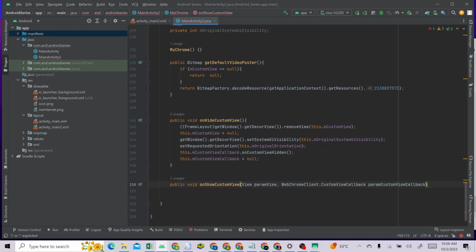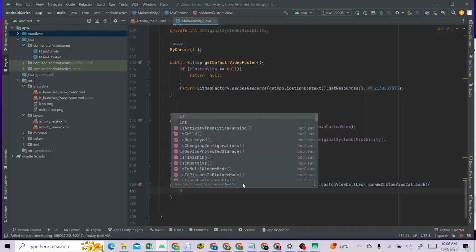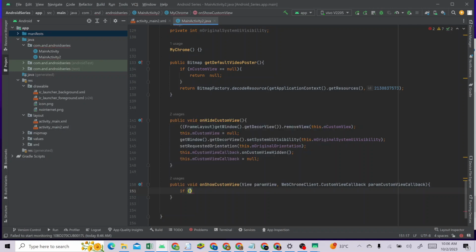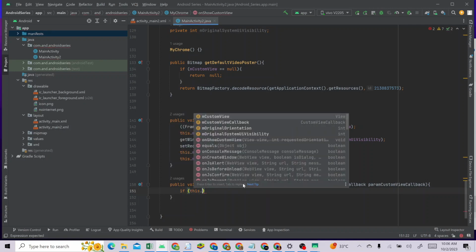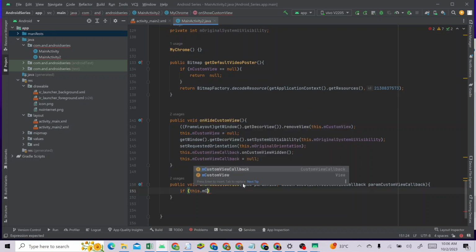Then we open this into bracket, then we say if this.mCustomView is not